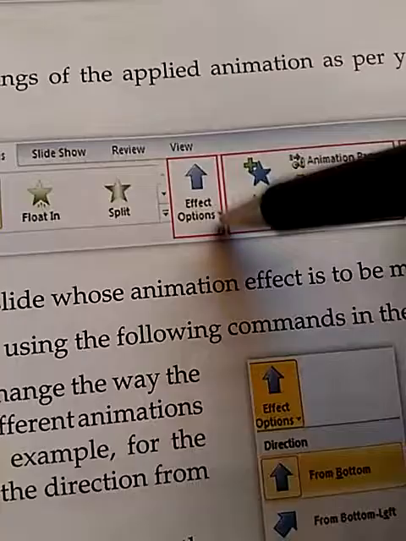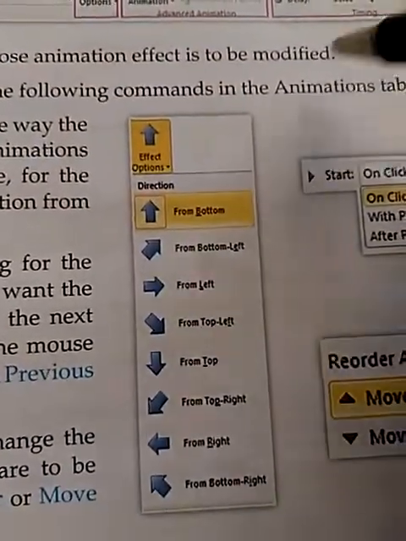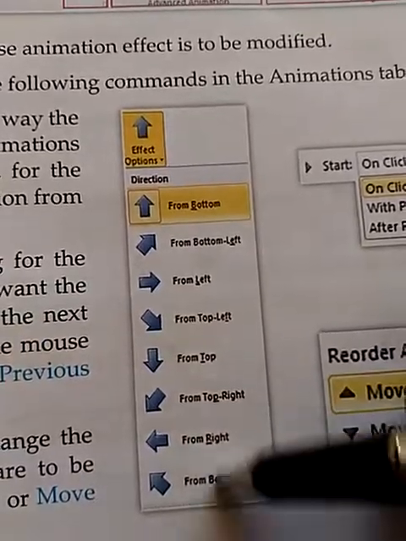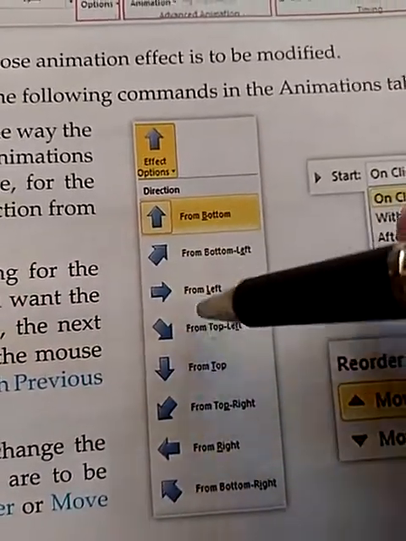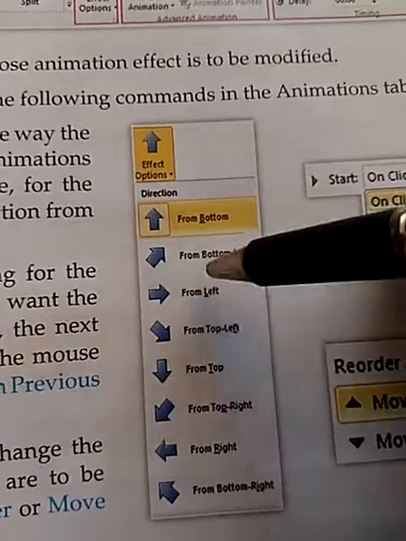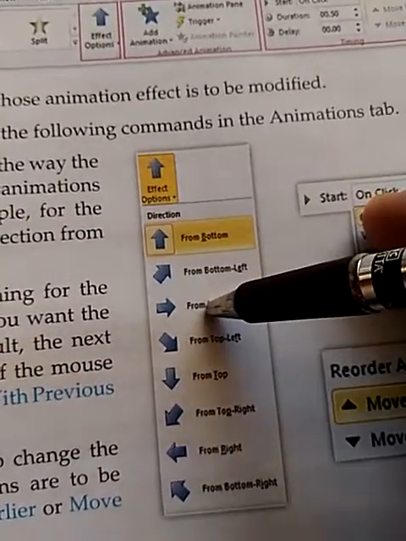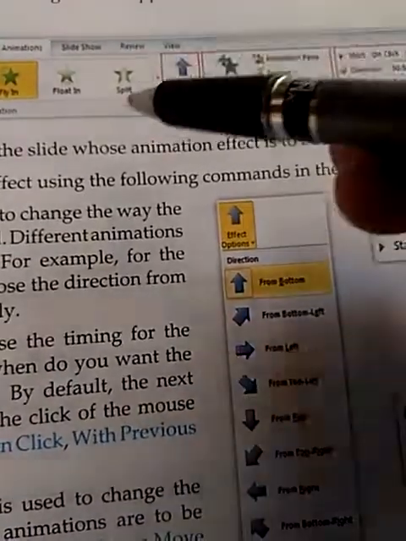If you click on this effect option, it will show you different things like from bottom, from left, top, right, corner, anything. Means after choosing this effect, you can modify the motion of the flying object.